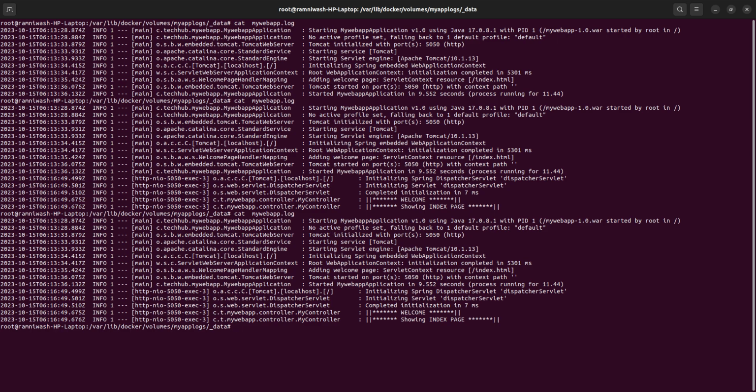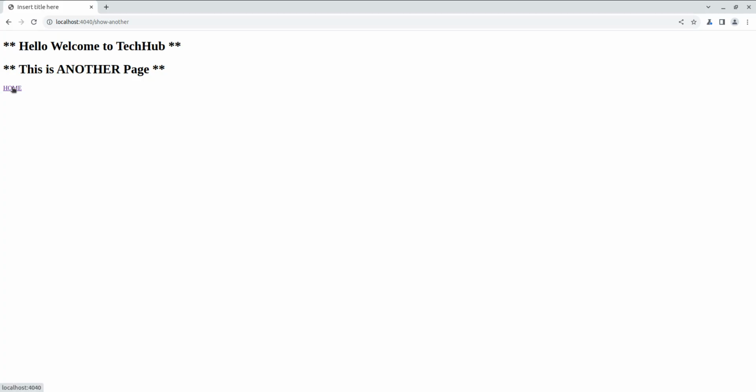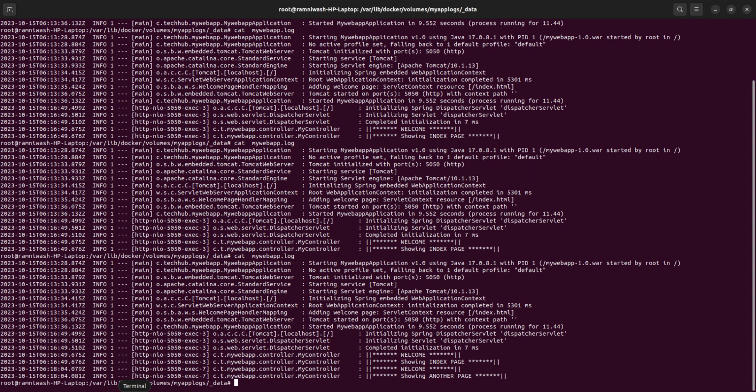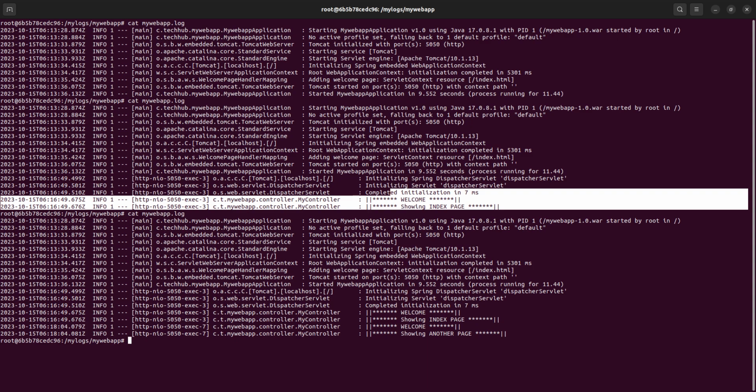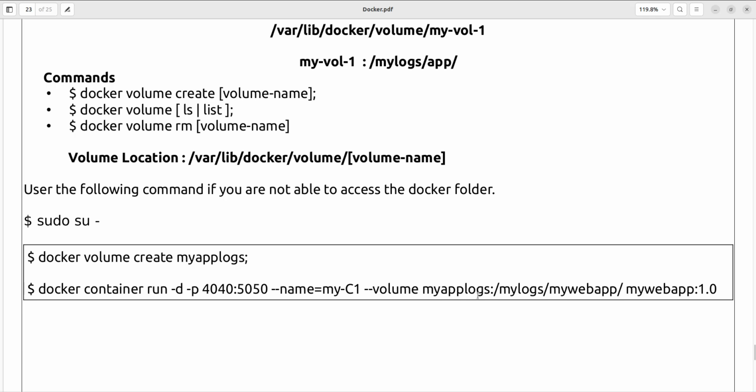Okay, again it is taking from the cache, so Control F5. Okay, and now check. Yes, showing another coming here, and here also showing another. That's it. So in this way we can create